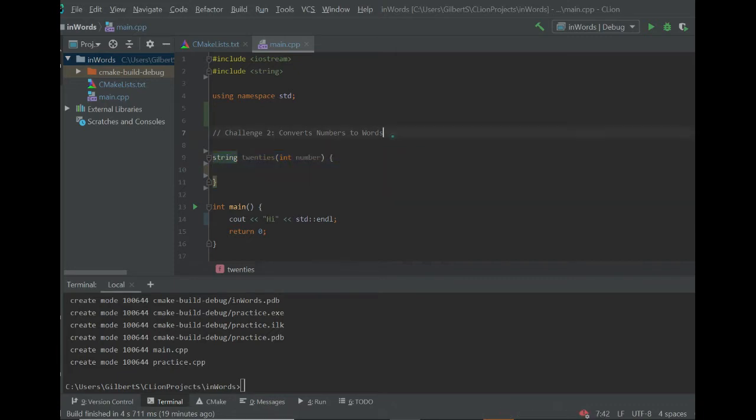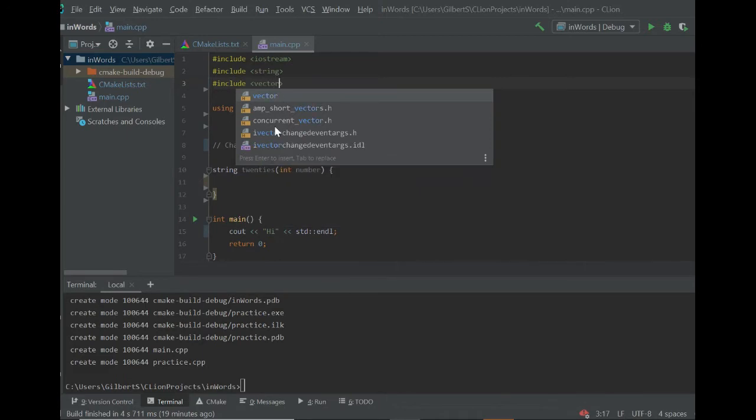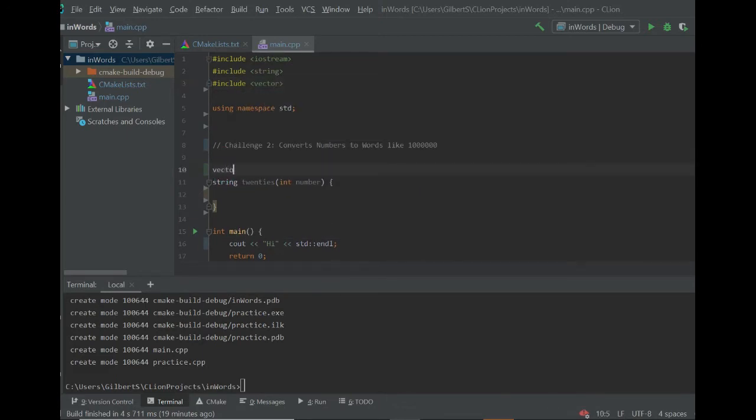Afterwards, we shall be able to convert numbers like, yeah, I don't know how many zeros are there, but we shall be able to convert this number to words. So let us start with 20s. So if you have a number, how do you convert it to its equivalent value in 20s? So let us bring in something else here, vector. So I'm going to create this vector of strings. I'm going to call it 20 strings,